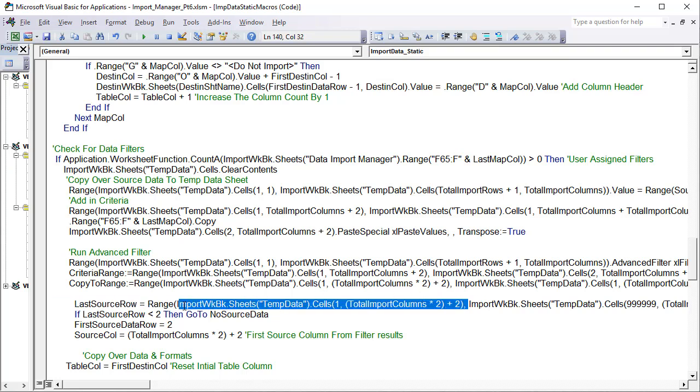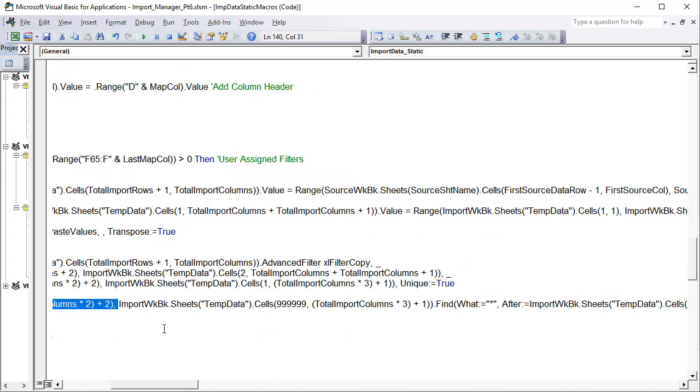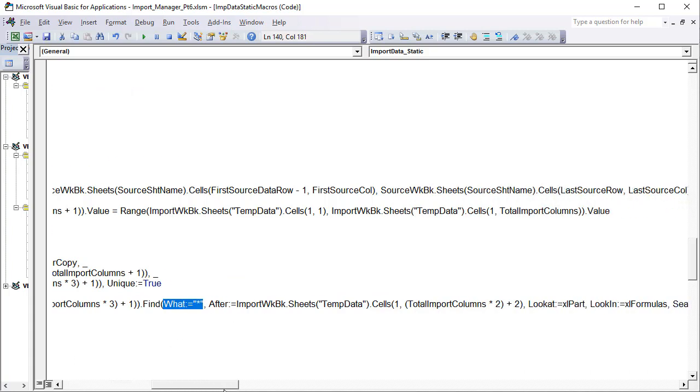So here's the second part. Our first part of that range is here. In this case, it's T1. And then our last is the last column. Here's the row, the last possible row. I just chose a large row here. And then the last column. So that is going to get us our range. And what are we looking for? We're looking for any value using the wildcard